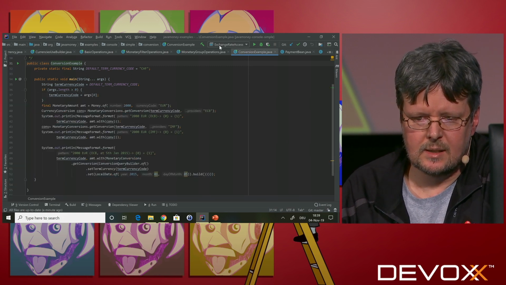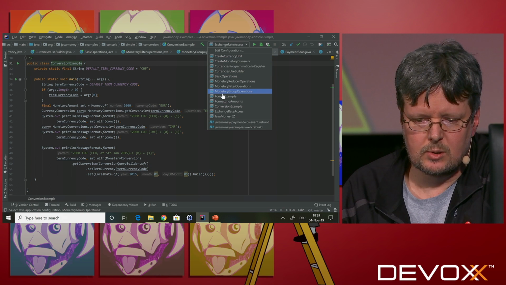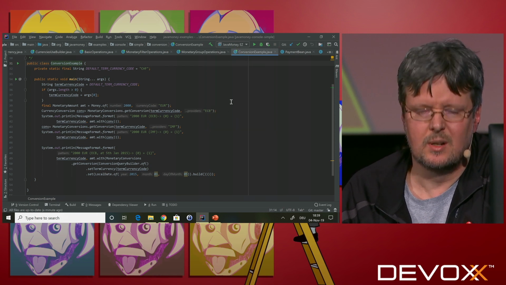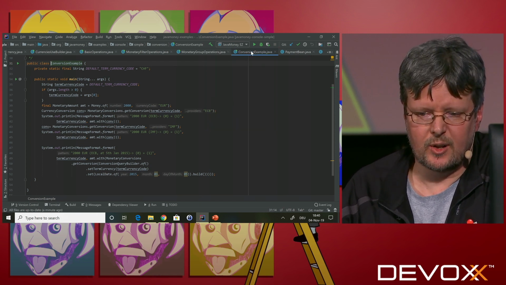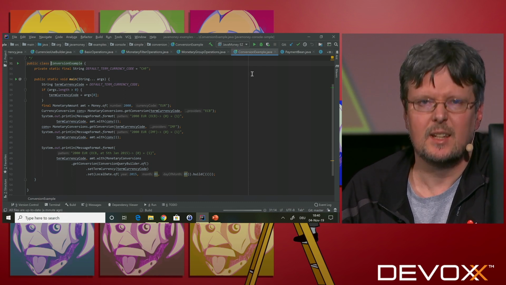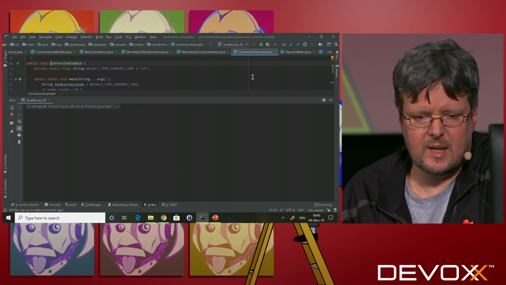Okay, then let's go to the UI. I have two examples. The first one is a project that we inherited some years ago, a Swing-based